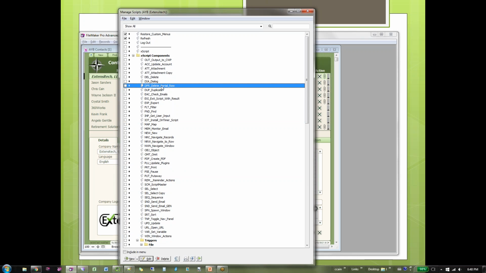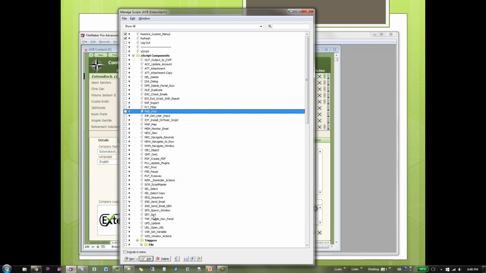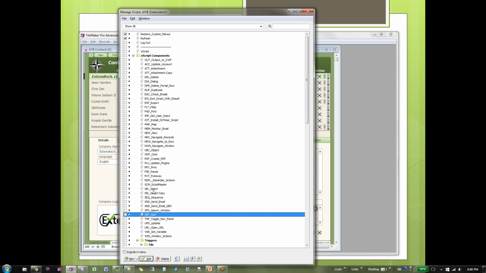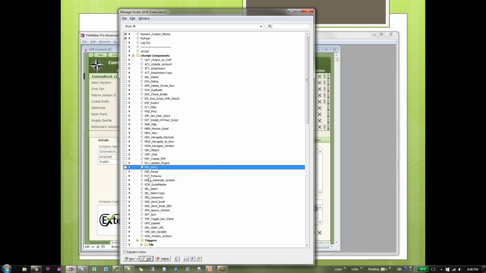So we've got these broken down into the individual concepts, the individual steps you would go through to do pretty much anything on any screen. And XScript allows us to run these subroutines in a particular order. So I can pass parameters to XScript to tell it, find some records, sort the records, and then print the records, for example. And it's all controlled through parameters.